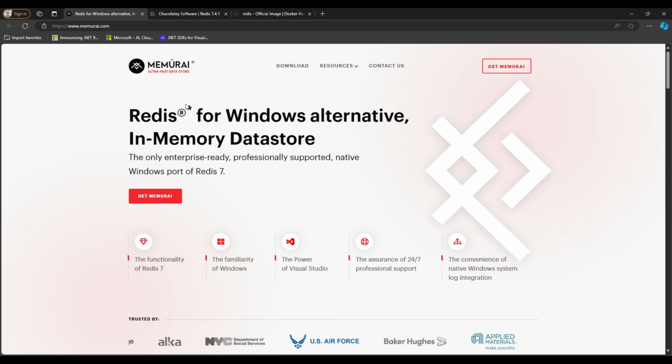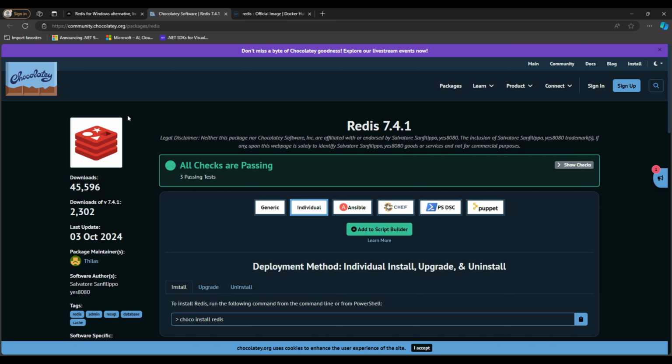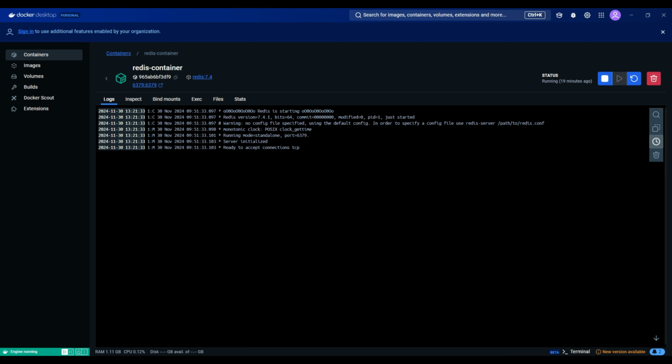On Linux and macOS, it's as simple as using a package manager like apt or brew. For Windows, while Redis isn't officially supported, you can use WSL to install it, or rely on tools like Memurai or Chocolatey for a more Windows native experience. Direct installation can be convenient if you don't want the extra layer of Docker, especially for simpler setups or environments where Docker isn't available.